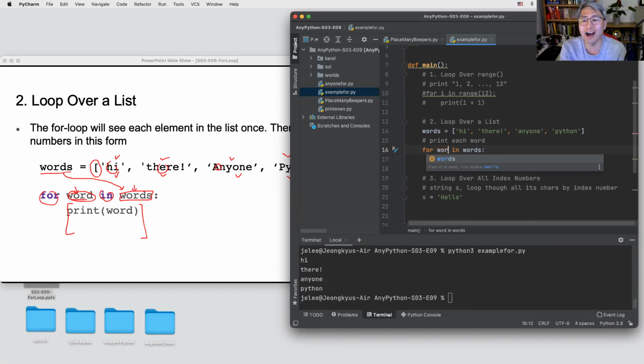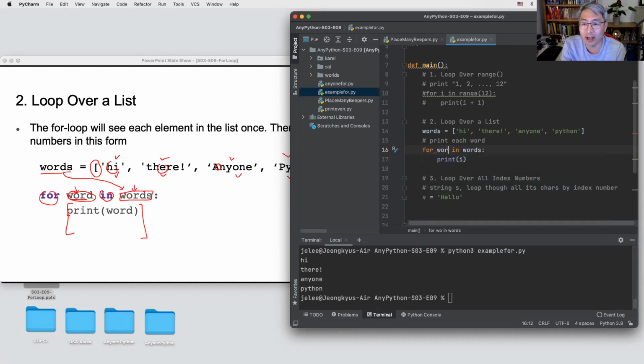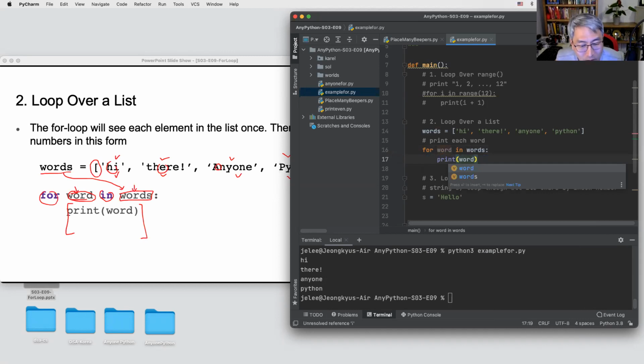If you are using i, what's the meaning of i? You can understand, but if you type word, then everybody can understand that this is the word, each word. Like if you are using names, it's better to recognize each of you. But if you are using number one, number two, number three instead of names, I cannot recognize who you are. So not easy. So this is better for your readability.